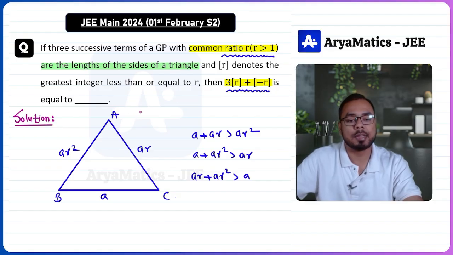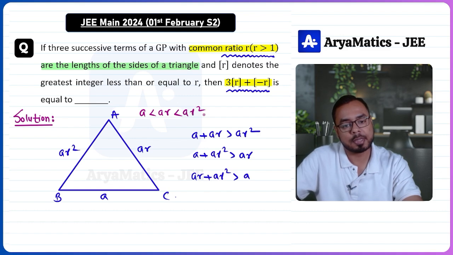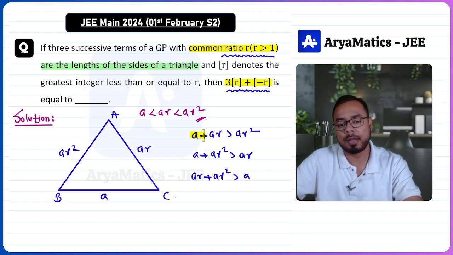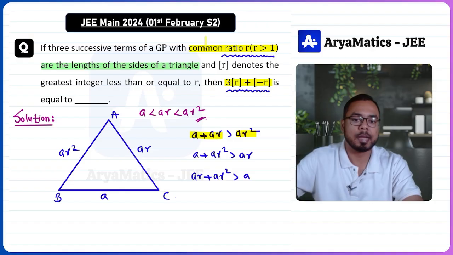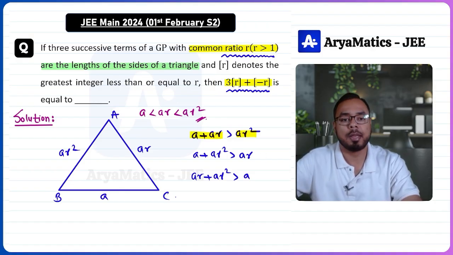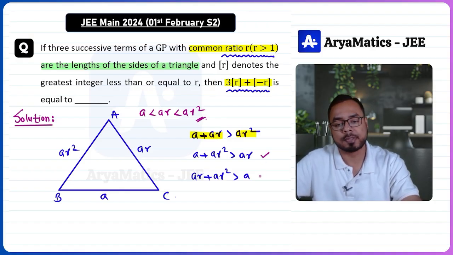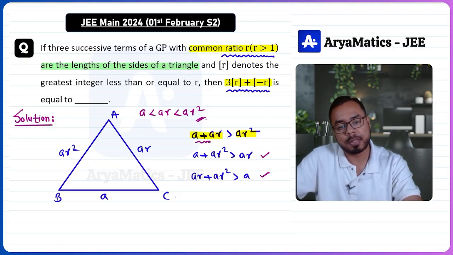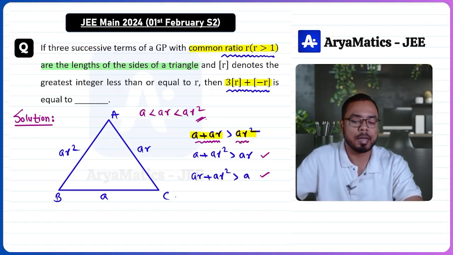So in that triangle, the smallest side is A, the next smallest side is AR, and then the biggest side is AR square. So if I satisfy the first inequality, that the sum of the two smallest sides is greater than the biggest side, then the other two inequalities will always be satisfied. Right, if I satisfy inequality 1, that the sum of two smallest sides is greater than this biggest side AR square,